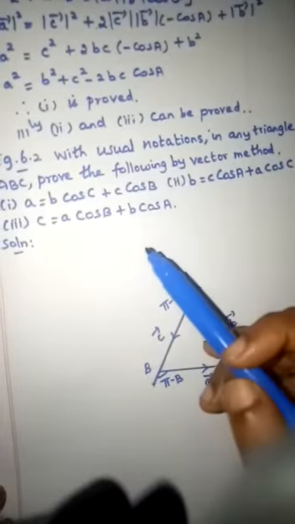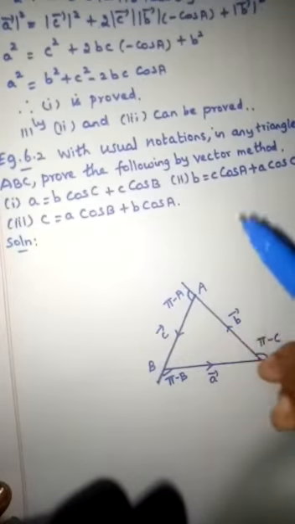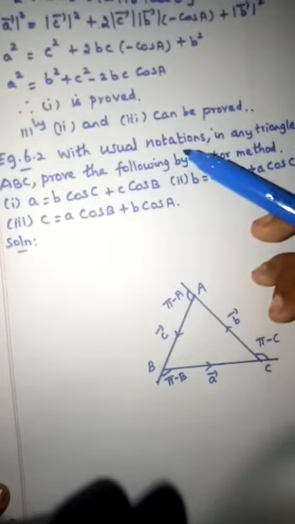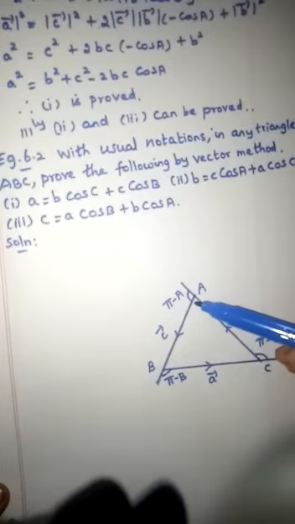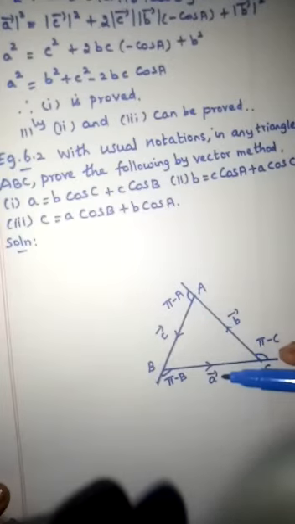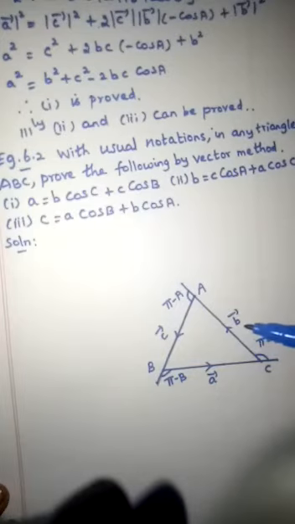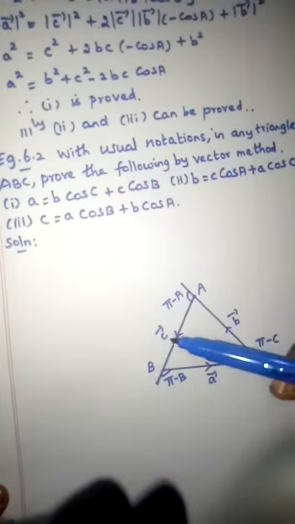I am going to prove the first subdivision, and the diagram we saw for the previous example, same diagram only we have here also. So you can take a triangle ABC, and here also usual notations are given, isn't it? What is the meaning? The angle inside A is angle A, the side opposite to angle A is A vector. The angle inside B is angle B, the side opposite to angle B is B vector. Same way here the angle is C, here it is C vector.